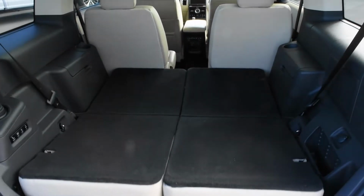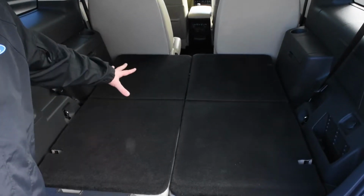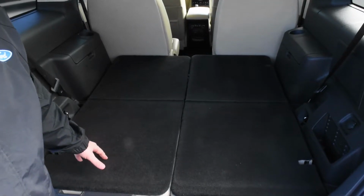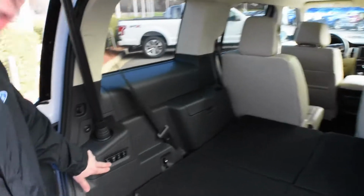Perfect for punching bags, lacrosse sticks. Actually, it's really great if you have an animal that wants to lie down on a long road trip to grandma's. Plenty of space back here. Uh-oh, did little Billy bring a friend home and he didn't tell you about it? You're in carpool line. Once again,